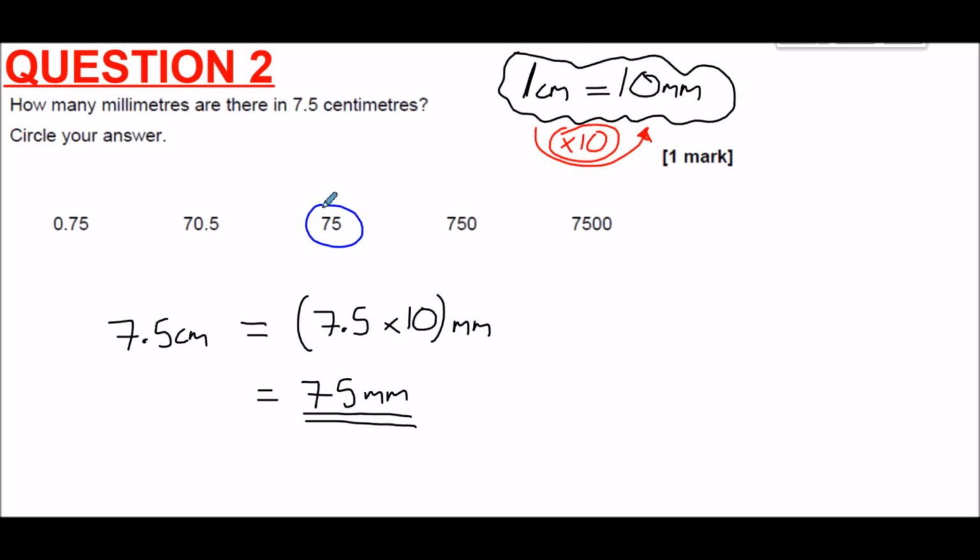Again, if you're not sure why 7.5 multiplied by 10 is 75, what you could always do, if you're unsure, is to do it as a multiplication, forgetting the decimal point. Ideally, you should be able to multiply by tens and hundreds without having to do this method, but just in case, you can always do it if you want to. So I'm just picking out the Chinese lattice method, which is one of many ways to multiply. And so if we did 75 multiplied by 10,